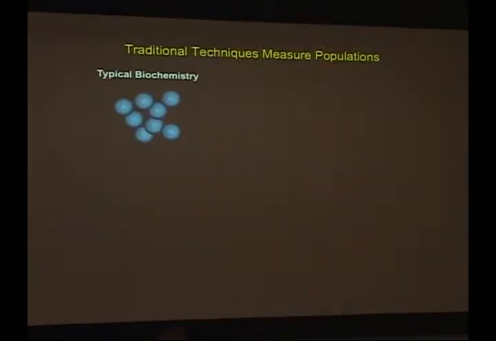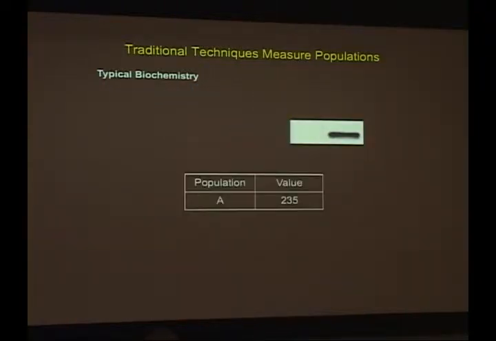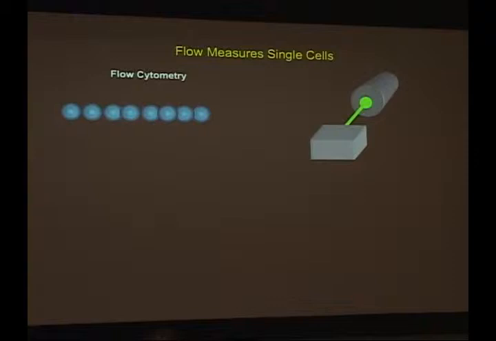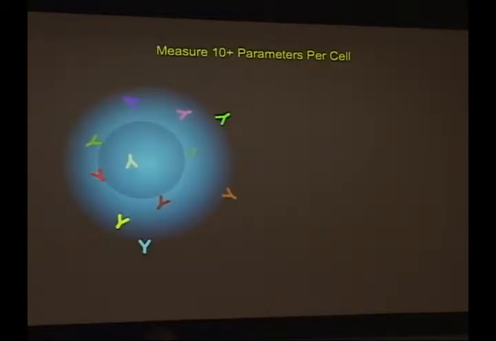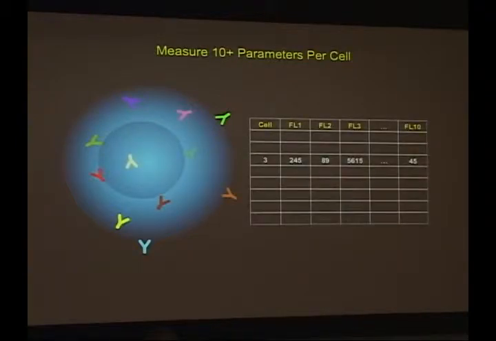So again, with the traditional techniques, you take a bunch of cells, you mash them up, and you get one value for that population. So you just get one average. You really have no sense of what the distribution is. Whereas when you run something by flow, as each cell goes through, you get a value for each individual cell, and so you can start to see that distribution. You can start to see, is there some heterogeneity in that sample. And again, you can measure a lot of parameters per cell. So now you can have 10 plus parameters per cell, so you can have cell number 3 here, and then you can have all your different fluorescent parameters with your different readouts or your different mass tagged antibodies now too,